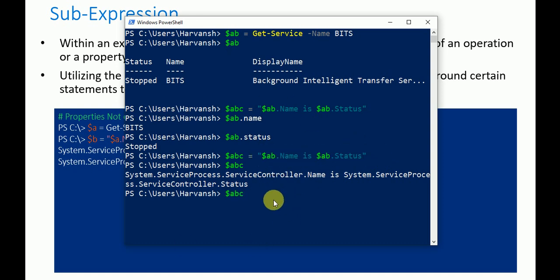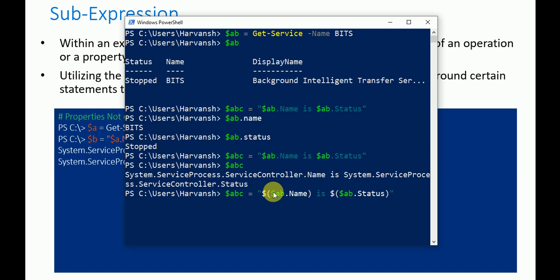Now in this situation, how will I write the code? Use the dollar sign and the bracket, and use the dollar sign here, close the bracket, and then you are able to get the variable property.